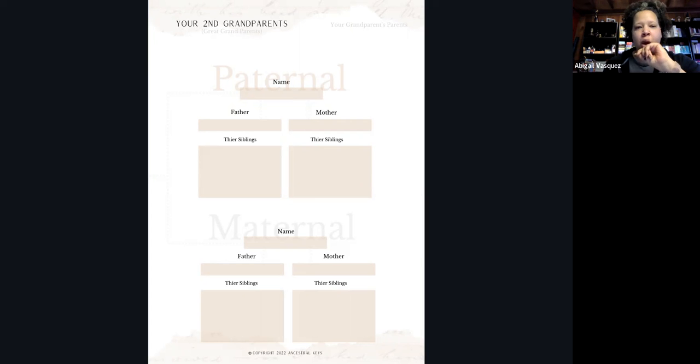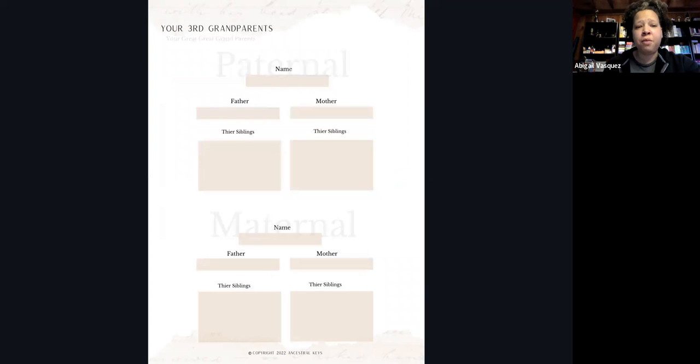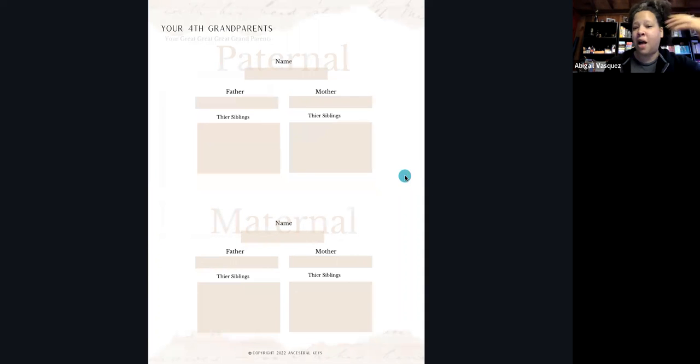This is just a catalog to write down the information that you know already, because you are a wealth of info. If you have the information on your great grandparents, your second or third grandparents, write that information down. Duplicate the page if you have multiples, or if you're doing multiple families, or if you're doing it for somebody else. This is easily duplicatable; apply as relevant and as necessary. So we have first generation, you, all the way to fourth generation, your great grandparents. After that, I usually start saying fifth, sixth, seventh grandparents.